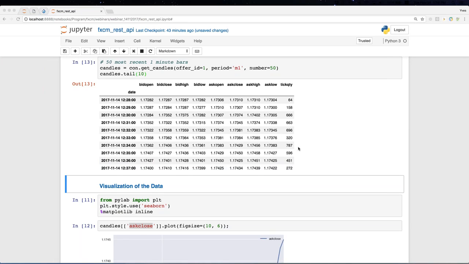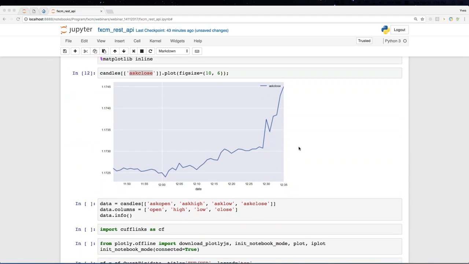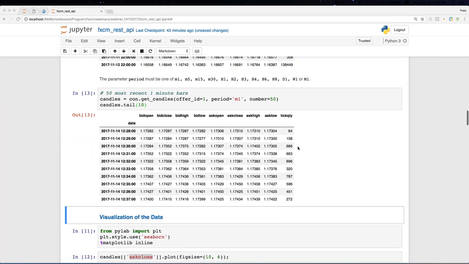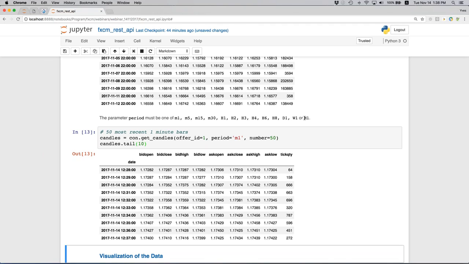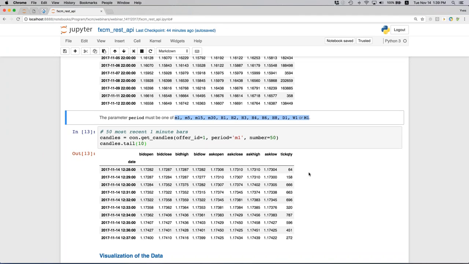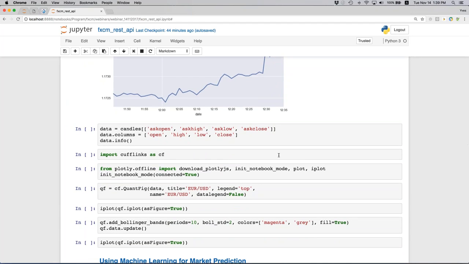There's another question with regard to whether to use range bars. The API currently supports here the minute intervals 1, 5, 15, 30, 1 hour, 2 hour, 3, 4, 6, 8, and 1 day, 1 week, or 1 month. This is what the API currently supports, and you see it here in the text that I'm highlighting now. And if by range bars you mean ranges with start and end date, this will also be available in the